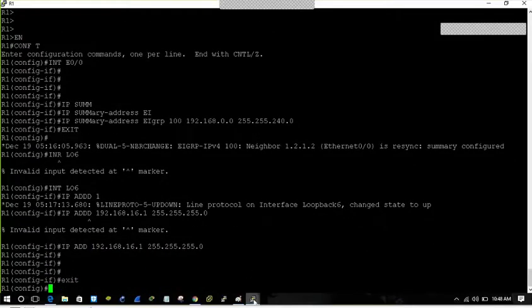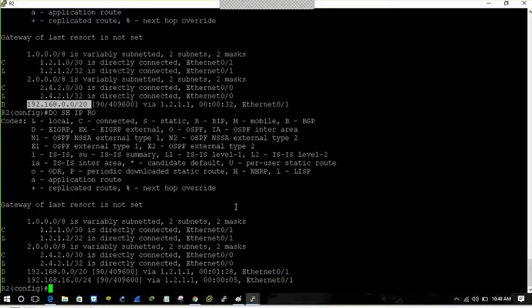If you see on R2, it will come separately, because we have selected the block size of 16 in the summary. From 0 to 15 it is doing, but 16 will come separate because it doesn't fall within the summary. It is out of the summary block.